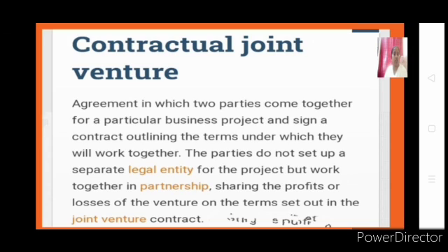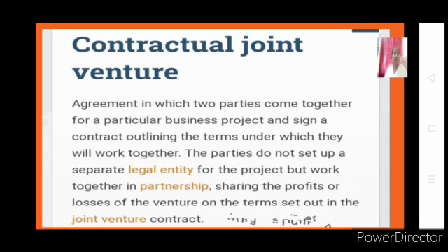This is a type of joint venture where they don't establish a company called C. I said now A will be one company, B will be one company, together they start company C. That C company will have a separate legal entity. Clear? But if it is a contractual joint venture, actually C company will not have any legal existence. Meaning in the eyes of law, it will not be a separate company. It will be only a project of A and B companies, just a work, an activity done by A and B. There is no separate company which does that activity. Only through agreement they carry out that work.